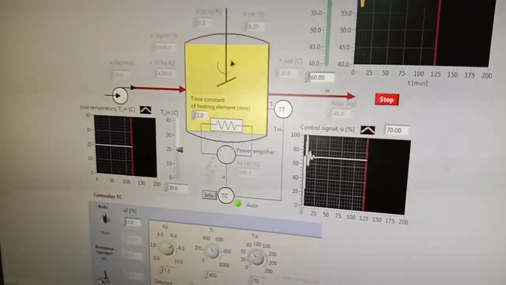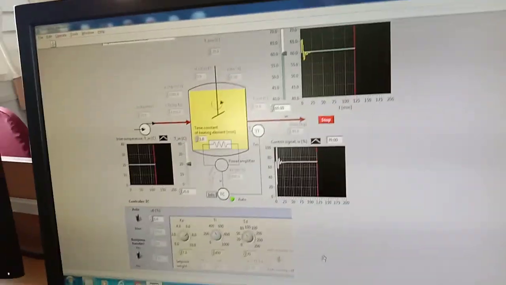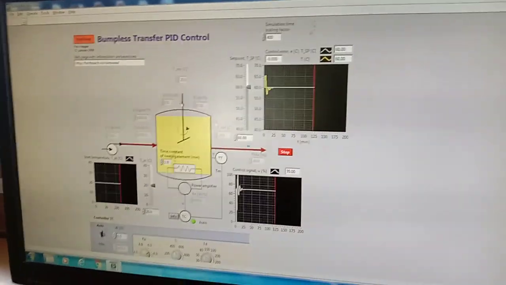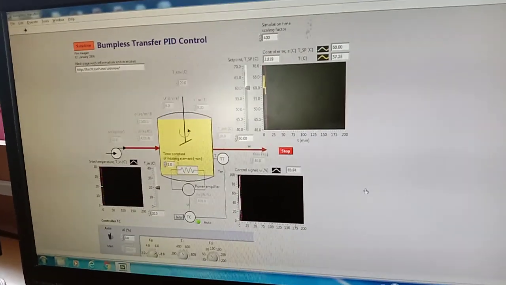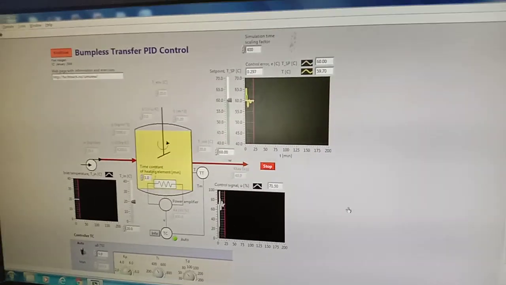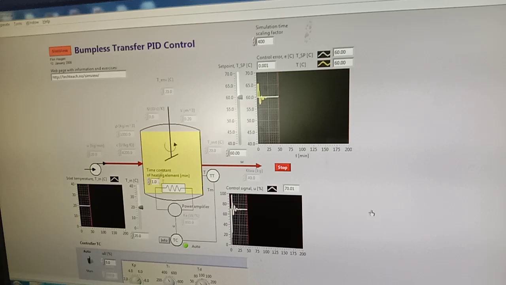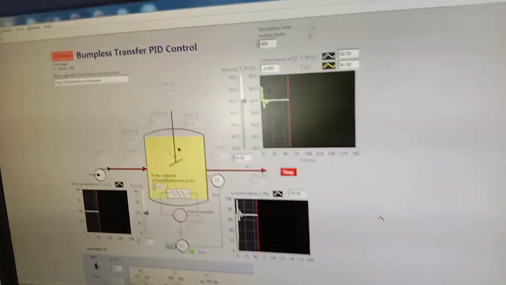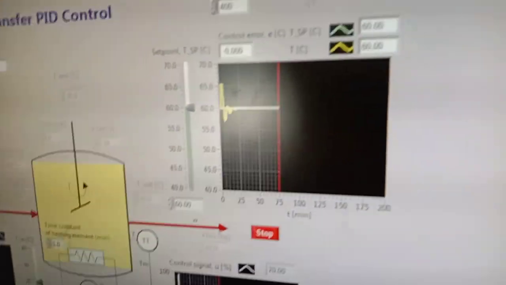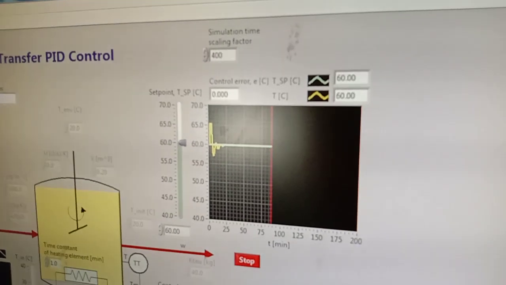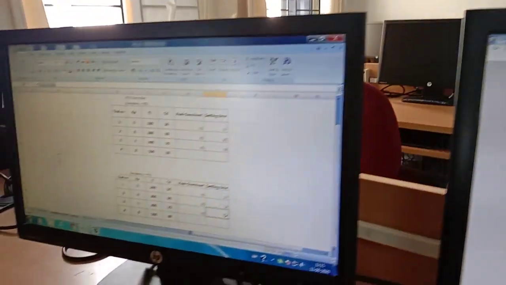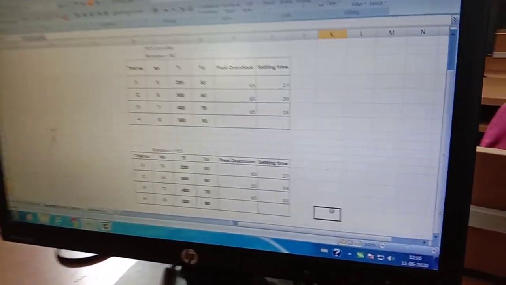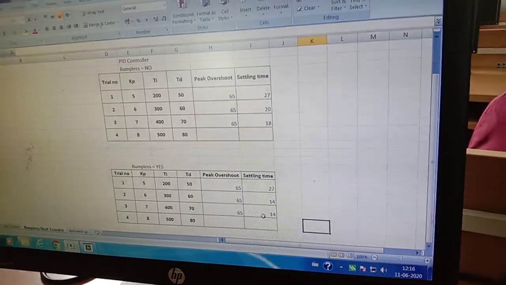Now I'll set it for bumpless transfer yes, and conduct the experiment once again. Now also you can see that it is coming the same only.